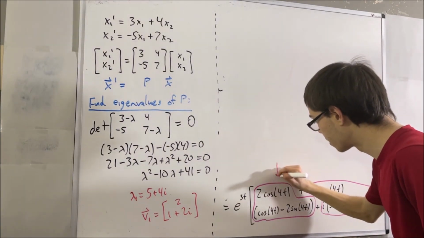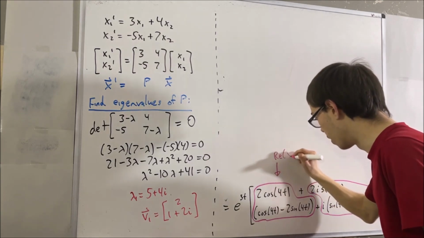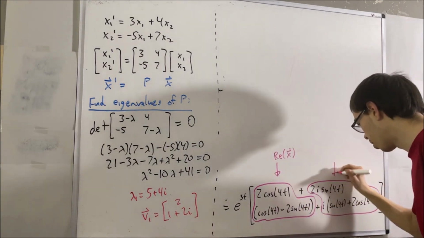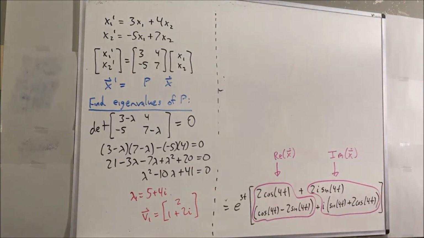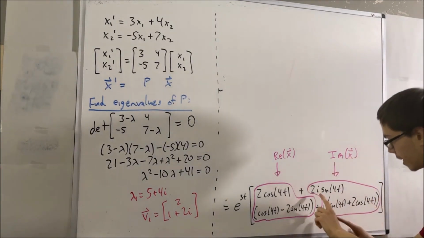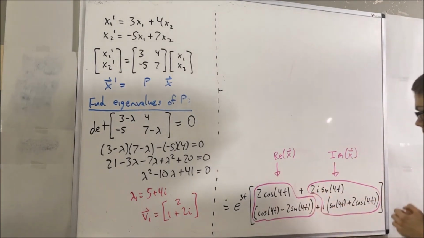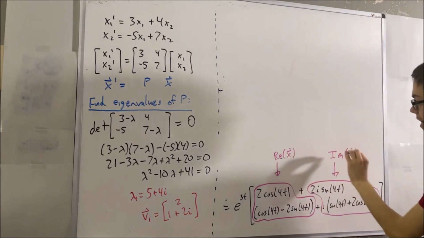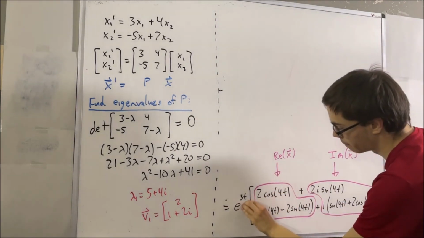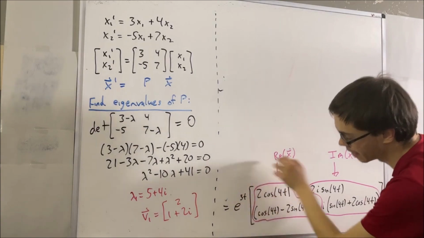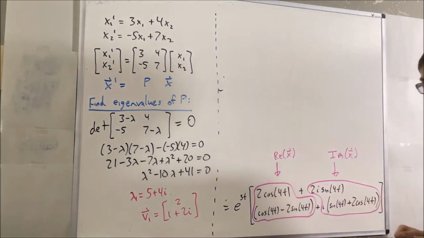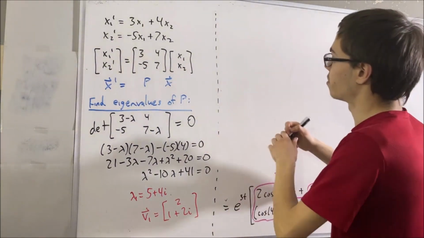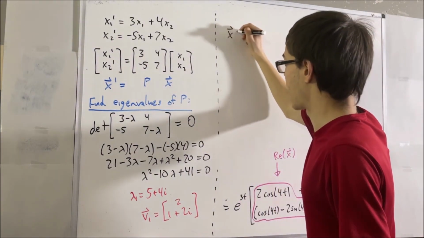I'm going to call this the real part of our solution, and I'm going to call this the imaginary part of our solution. Now, by the way, the imaginary part of our solution is not going to contain the i's, right? And the real part and the imaginary part contain the e to the 5t, right? I just decided not to distribute it across because otherwise it'd be a lot more work for me to write, right? And so it turns out that our general solution can be represented as,